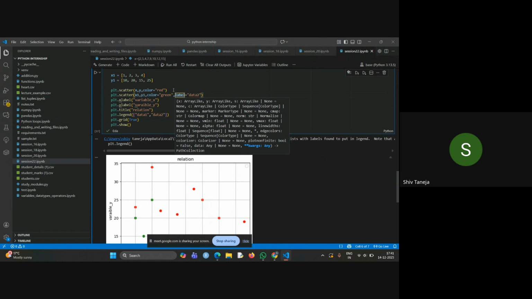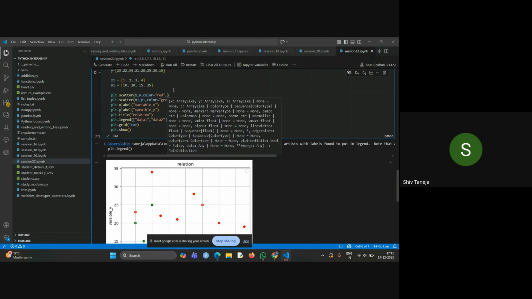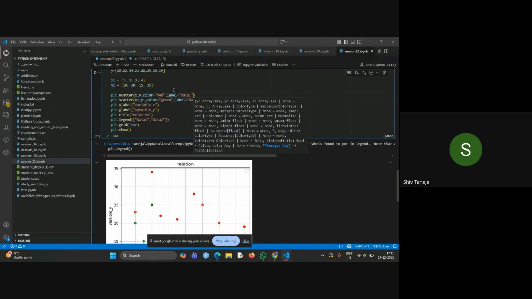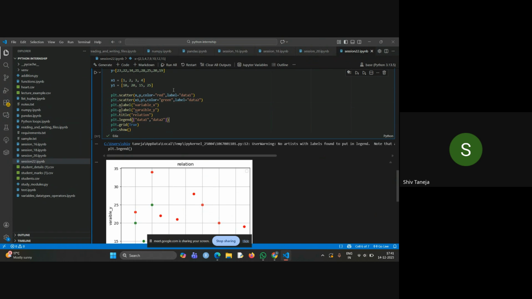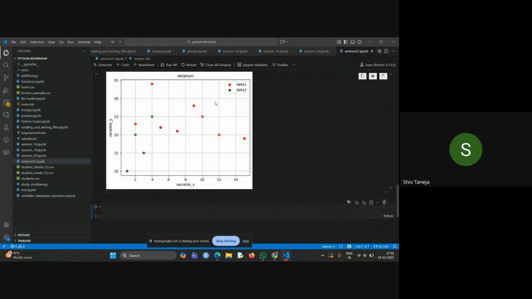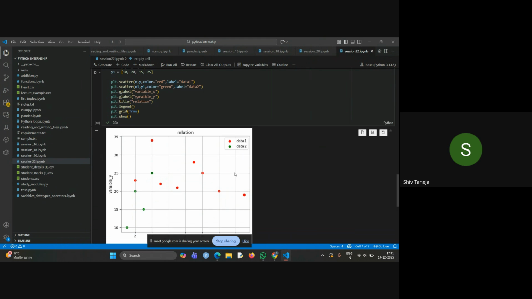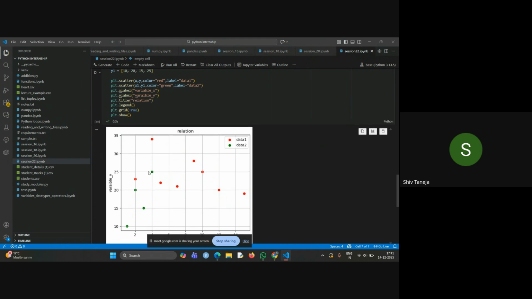Now we'll give label data 1. I'm doing some experimentation here, so please bear with me. Let's see. Okay, see. Now with the legend in the visualization, as you can see,